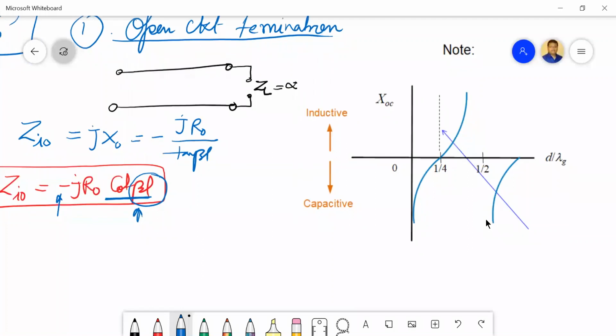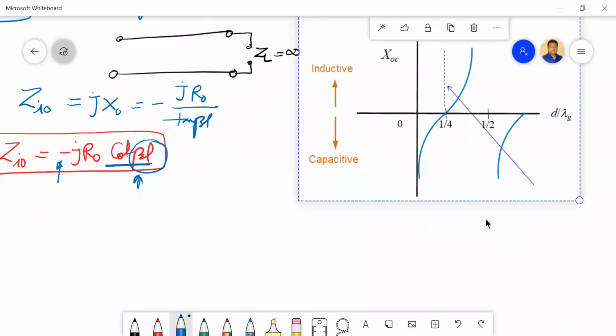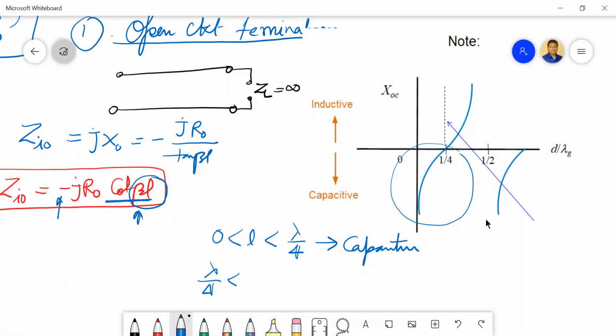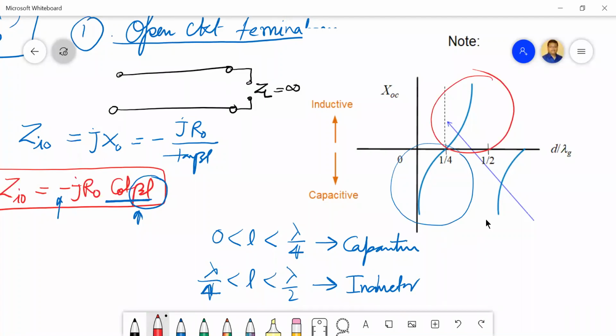So if I conclude these things, I can write that between 0 and lambda by 4, this behaves as a capacitor. You please check here, this behaves as a capacitor. Whereas between lambda by 4 and lambda by 2, this behaves as an inductor. Fine, the upper part. Okay, now